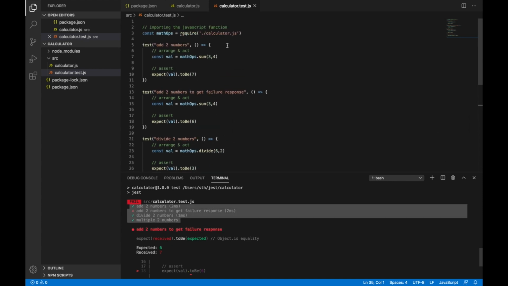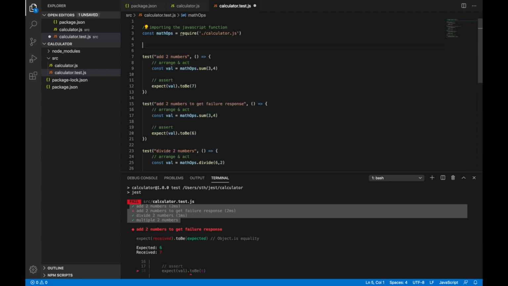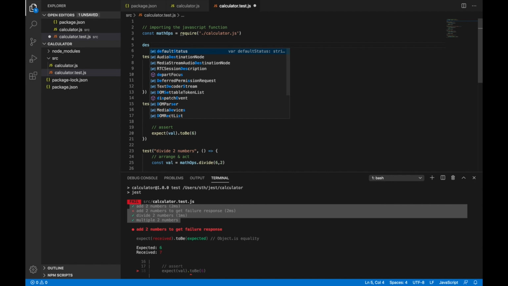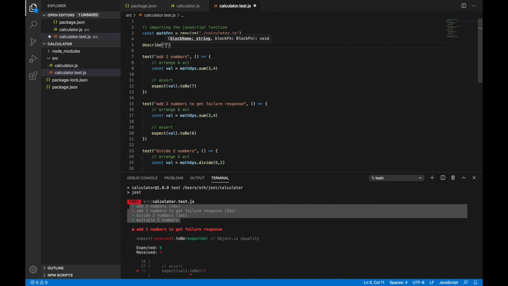And also let's see what the organization of tests is. These are individual tests, and you can also define a test suite layer outside these. You just need to write describe, say suppose calculator test. This will be helpful when you are looking at reports with thousands and tens of thousands of test cases.